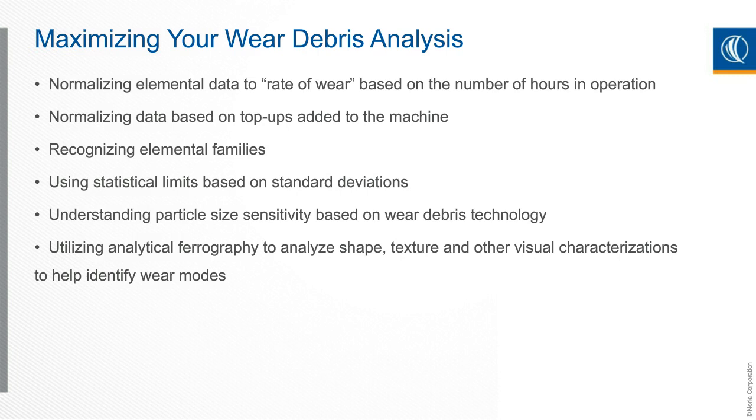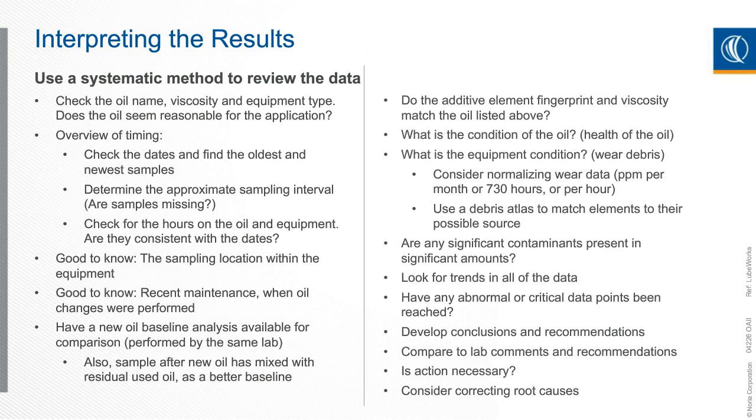Interpreting the results of your entire oil analysis reports, you want to make sure you have a systematic approach to reviewing all the data. This list here will help summarize some of the things we discussed already, but it's also a good checklist of things you should consider as you go into each one of these reports. You'll get better and better at it. Now, first, of course, you want to make sure you see the oil name, the viscosity, all that equipment information, oil information that's relevant, to help you create a better conclusion of what other results are showing.